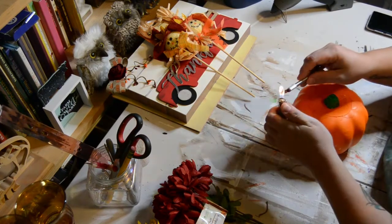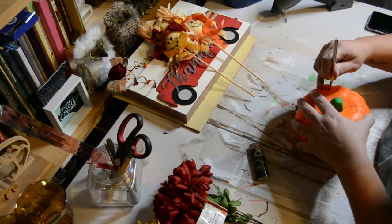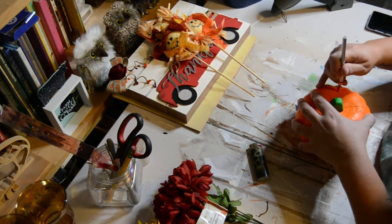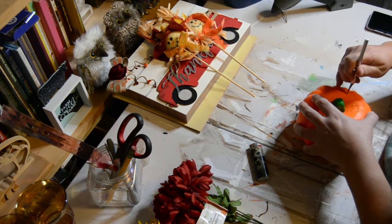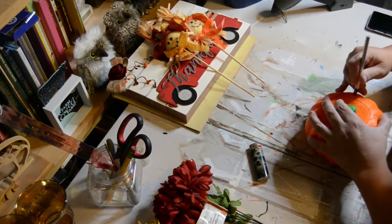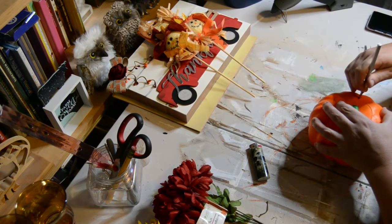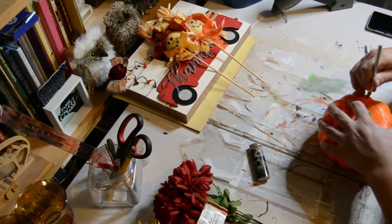To start off cutting my pumpkin, I go ahead and heat up the X-Acto blade just so that it inserts into the pumpkin nice and smoothly the first time. And then I chose to do a scalloped edge for whatever reason. I wanted to be fancy, I guess. You can cut the top of your pumpkin however you want, but the inside of this pumpkin is hollow,